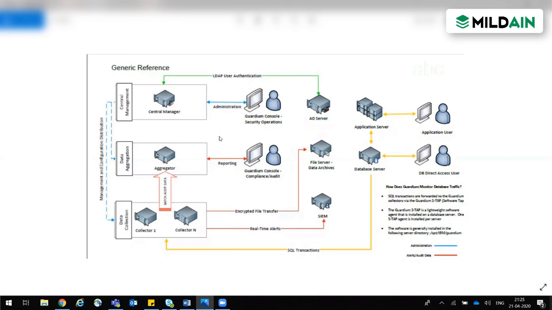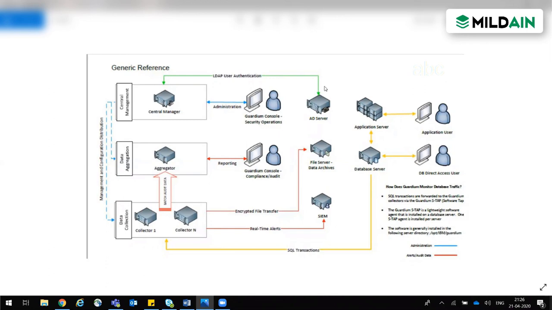AD server is called the Active Directory. In your environment, you have a username and password for logging into the corporate environment, the Cognizant environment, right? So we integrate this Guardian with your AD server. AD servers are responsible for creating your accesses on your corporate resources. You have timesheet and multiple resources in your environment.